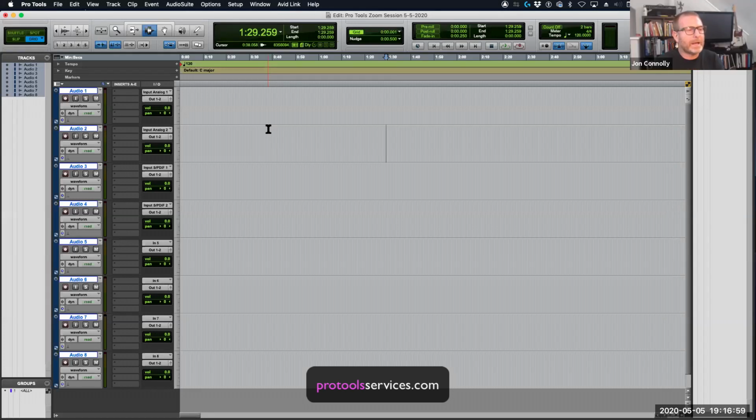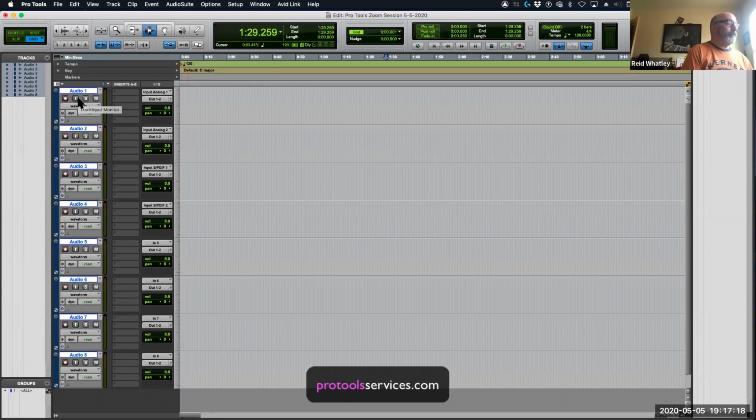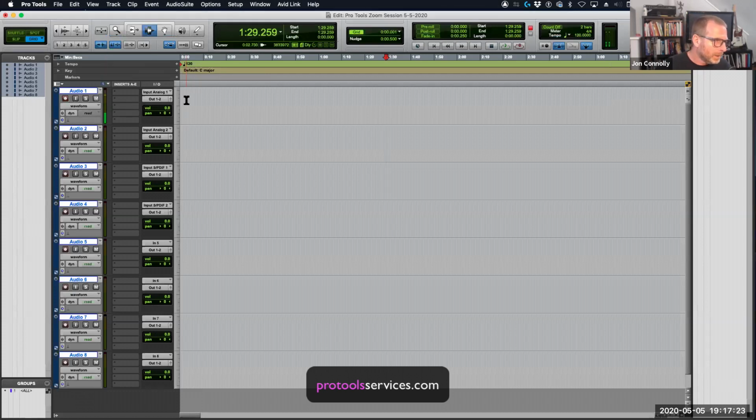If you have a Mac or a PC, of course, you have built-in audio inputs and outputs. You can use that as your audio I/O, or if you've got an audio interface from Avid or Focusrite or Universal Audio, any of these different audio interfaces will work. So let's make sure I don't feed back here. When I enable this track, there we go. My mic is plugged into input number 1, and you can see my metering there on channel 1. So I'm going to record something.